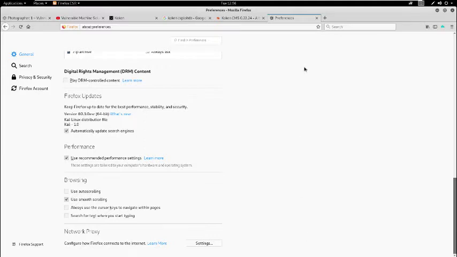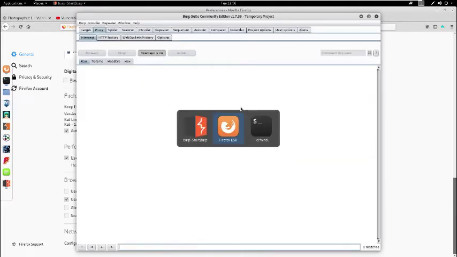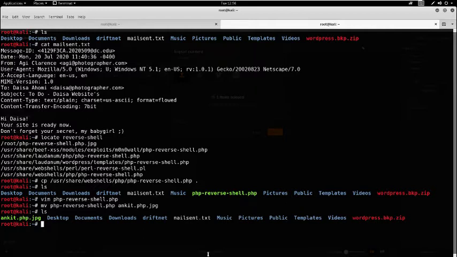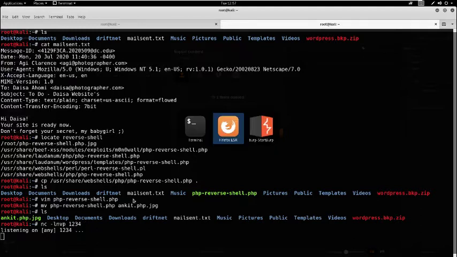Then you can click on OK. Now come here and click. Now what you need to do is use the netcat listener, nc -lnvp for port 1234. So here we will get that shell.